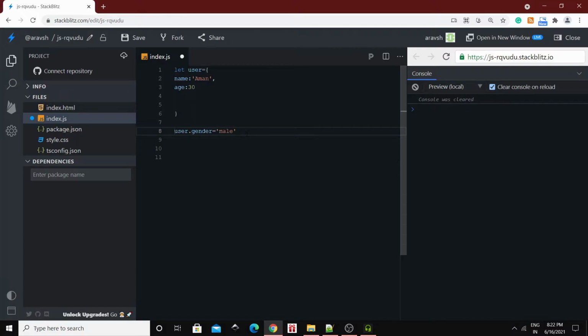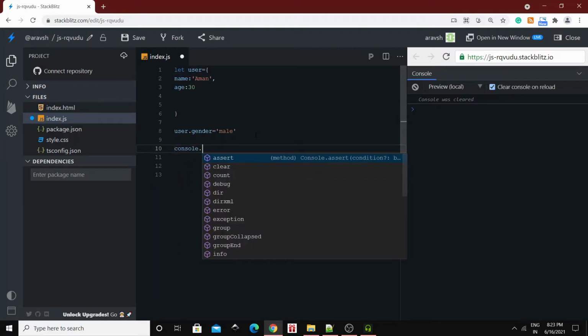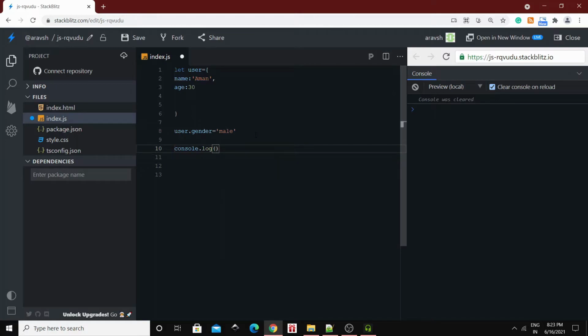So it will set a new property inside the user object. Let's console it. As you can see, the new property, gender. This is how you can set new properties in JavaScript.